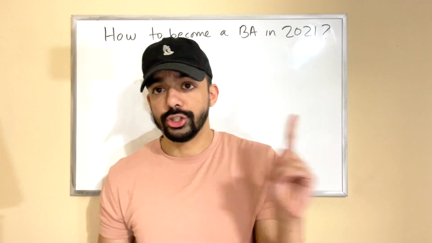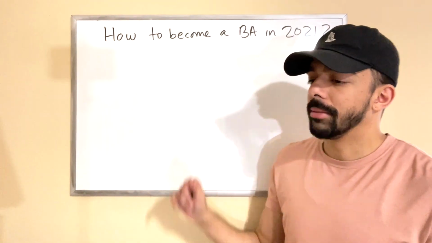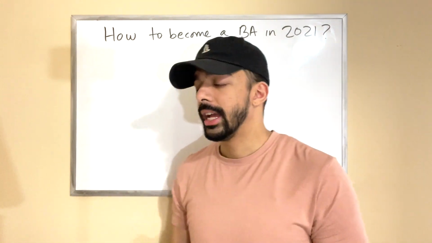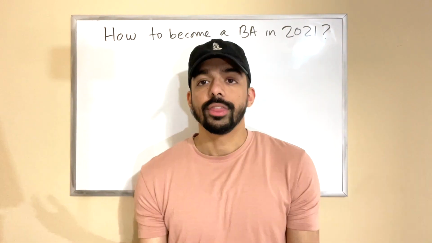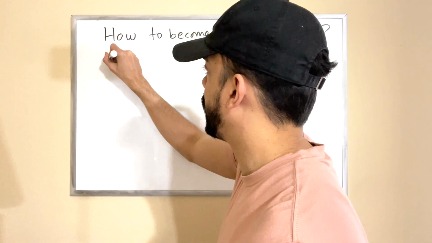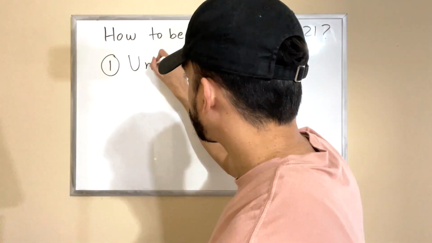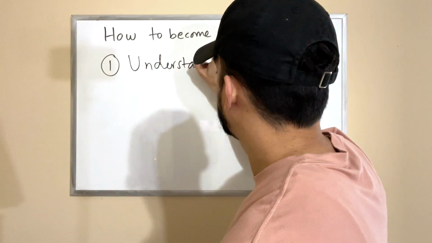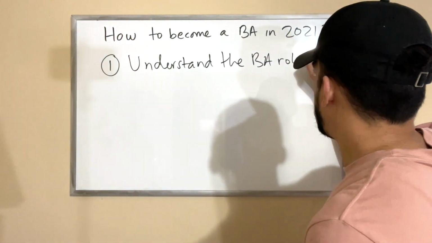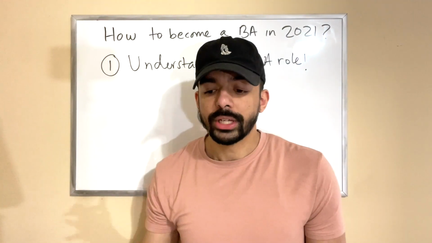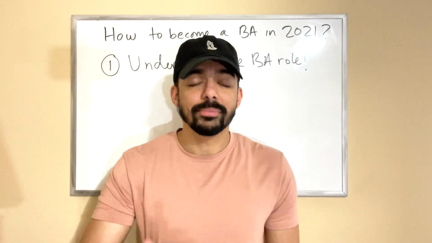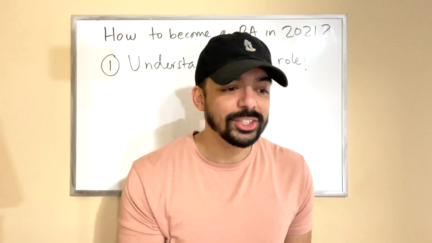Okay. But on a general level, let's talk about how to become a BA in 2021. There's really 3 steps. And let's talk about the first step, obviously, and that's to understand the BA role. But there is a little bit more into that, which I'll talk about right now. So again, step number 1, understand the BA role. But again, as I mentioned, this isn't just about knowing what a BA is and what a BA does. Duh, you need to know that. If that's something you want to become, that is the research you're going to have to do.